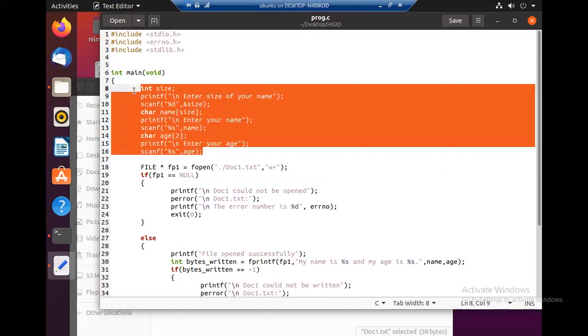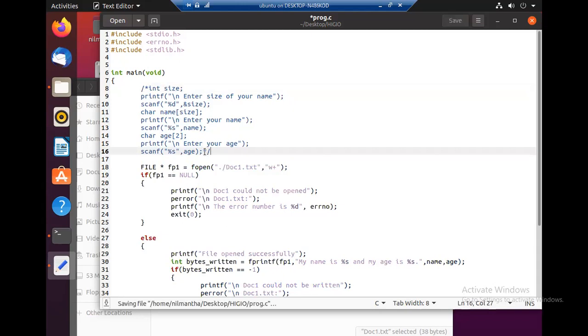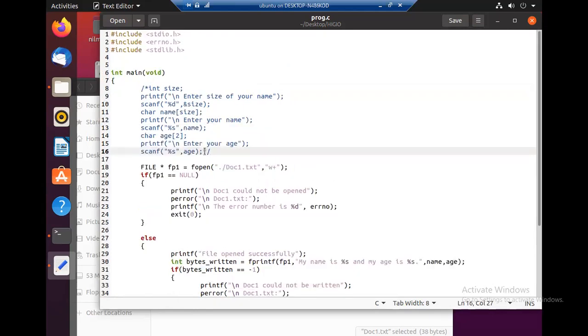These are no longer required, so I'll just comment out this code. We are going to open a file with read-write privilege. Read-write privilege, if it does not exist, create or truncate.